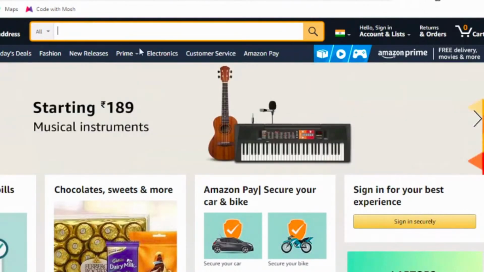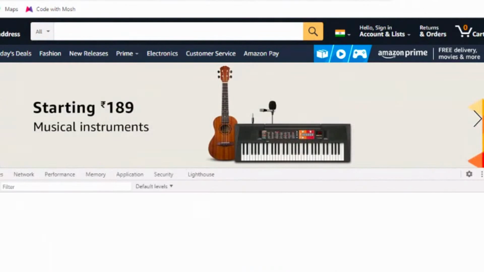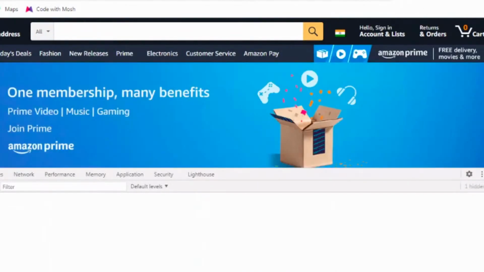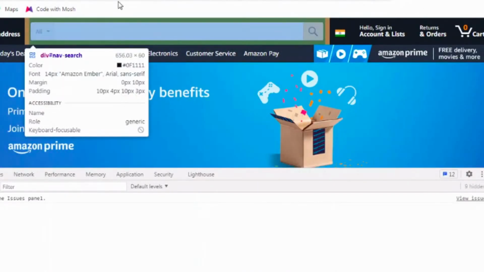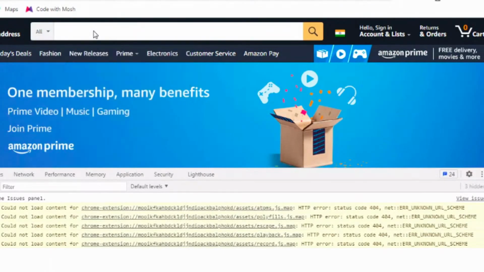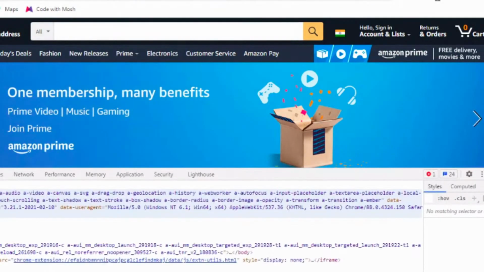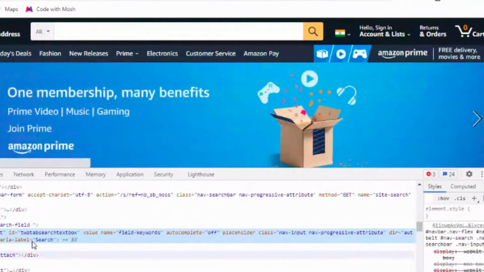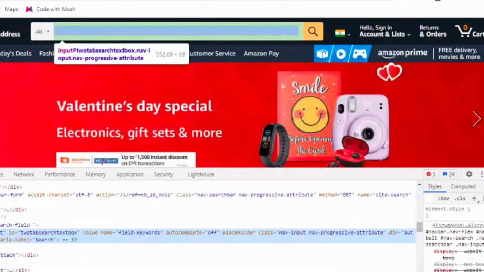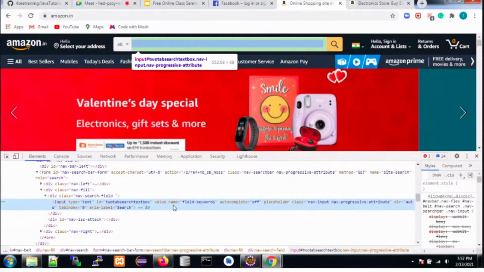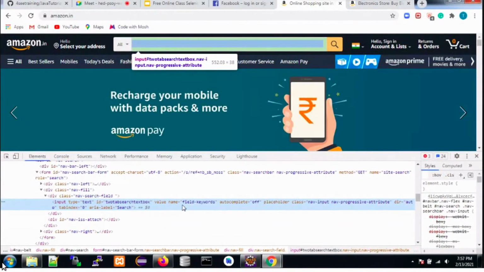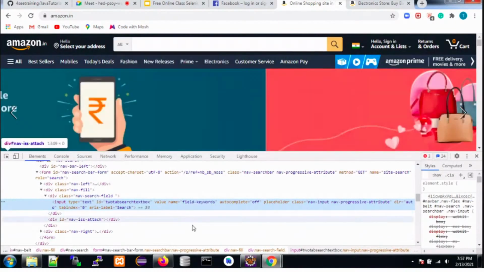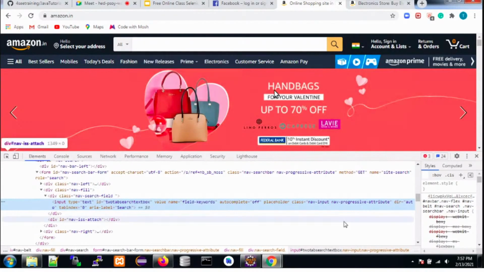Let me show this. Again, we will inspect this search field. Click on this arrow, click it here. Okay, so this is the input field with type text, ID, value, name, and class is this.